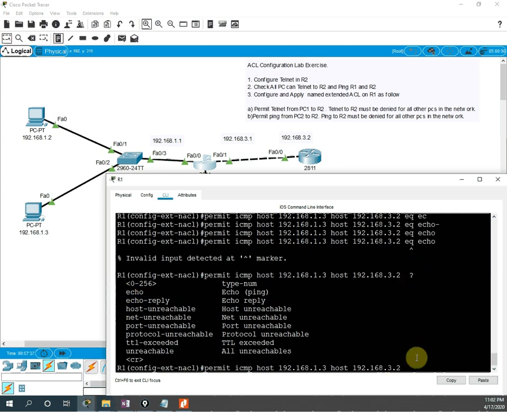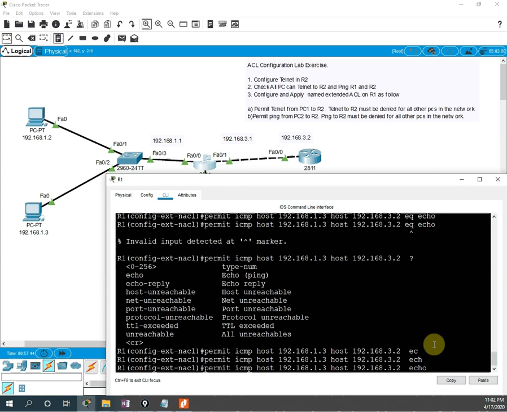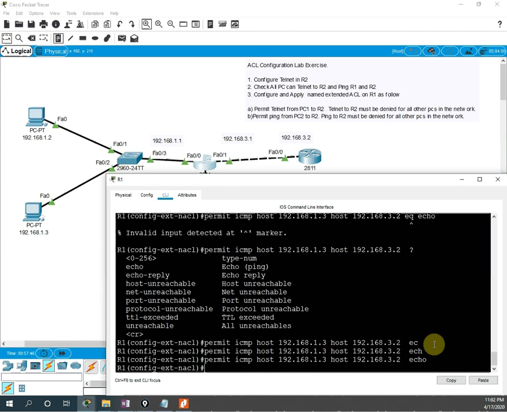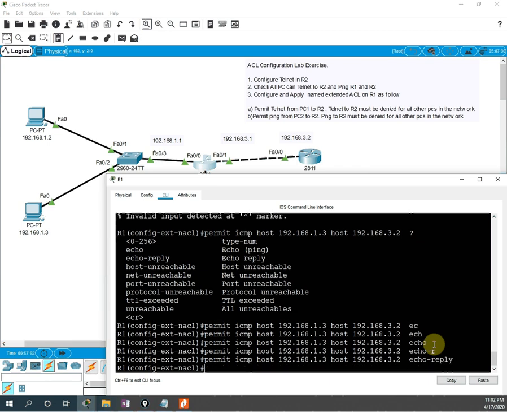See here, if you have confusion whenever you face it, you can write question mark here. So what I will do, I will write echo. So this one is okay. For the same thing I will write echo dash reply. Okay, so this is the permit for the PC 192.168.1.3. Now we need to deny for the whole network.